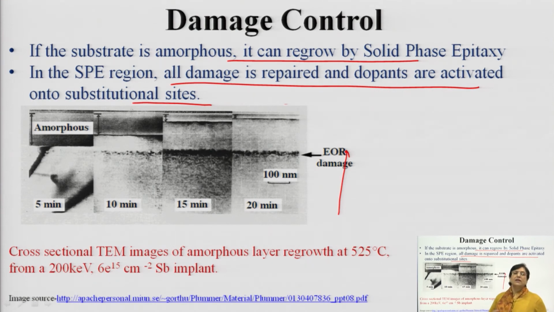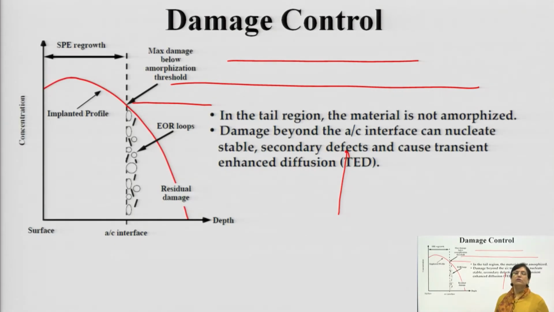So, range order can be replicated and you can have regrowth of the surface, and this is the implanted profile. Just see, this is the maximum damage, and you will regrow the surface. This is the solid phase epitaxial growth process which has happened. Automatically the range order will be maintained, you are replicating the same. Once you maintain the same order, naturally your structural uniformity will be maintained and the damage can be subsequently managed. So, this is what is being done.